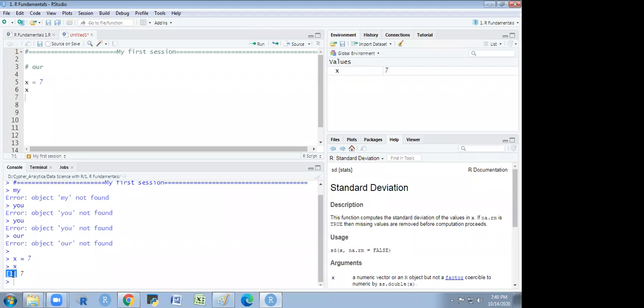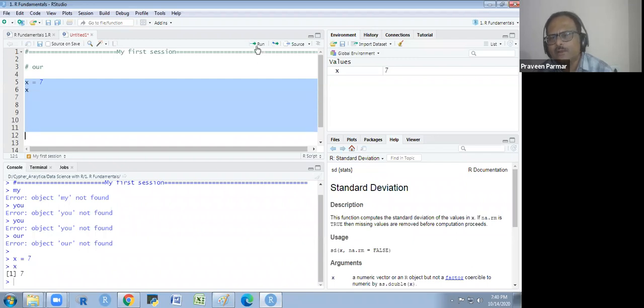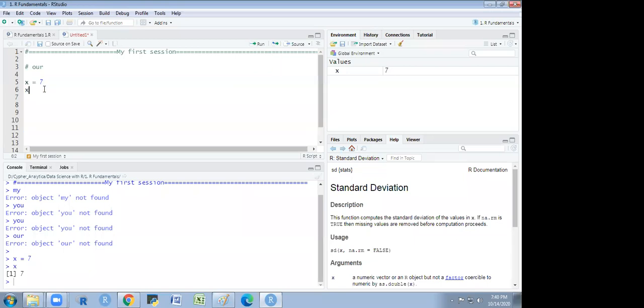Excuse me, sir. To run the command, every time I need to select the command for running it basically? No, if you have so many commands, you could select all the commands at once and run them all together. But sir, in my system, I need to select that command and then run it, else it is going to take me to the next step. That means if I'm giving the command on line one and keeping the cursor at the end of the command, when I'm running it, it directly jumps to the second line.